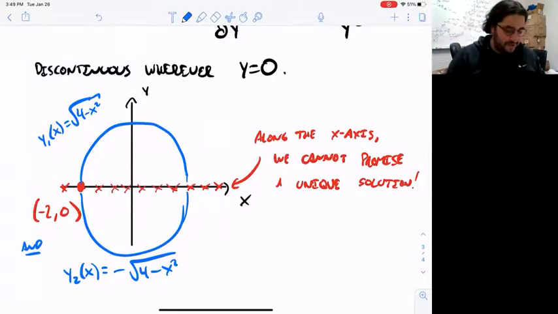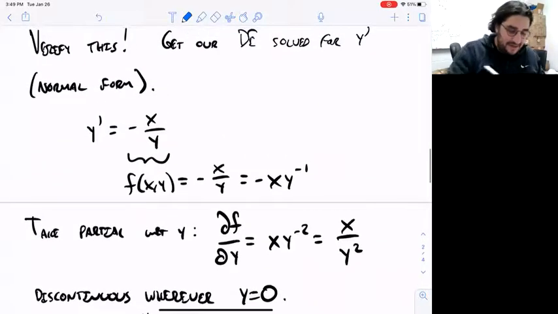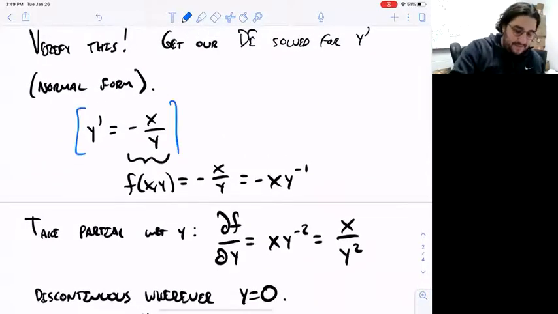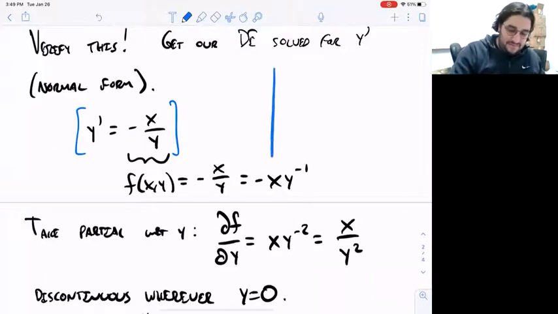You might notice too, these look a whole lot like circle equations, right? They should. And what is happening? Well, if you look, this differential equation is really just saying that the slope is the negative reciprocal, right? Think of y over x versus negative x over y, right? Those circles had to be the solutions to this differential equation,